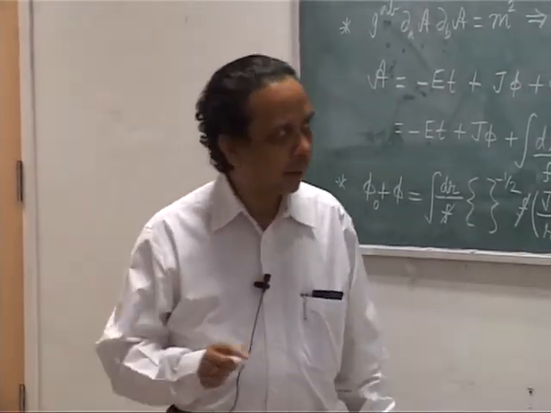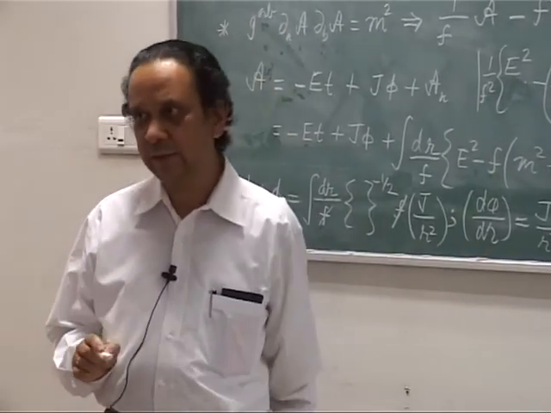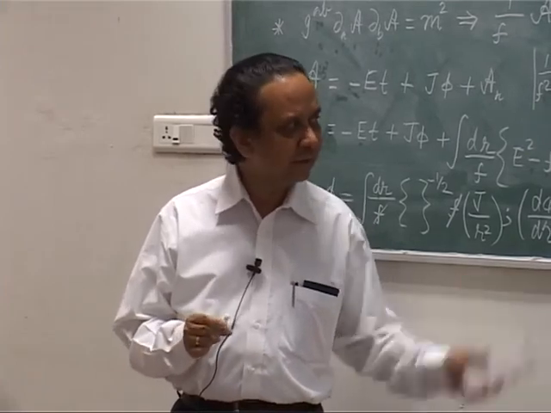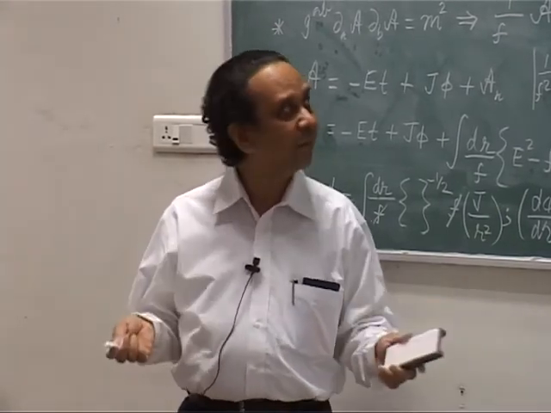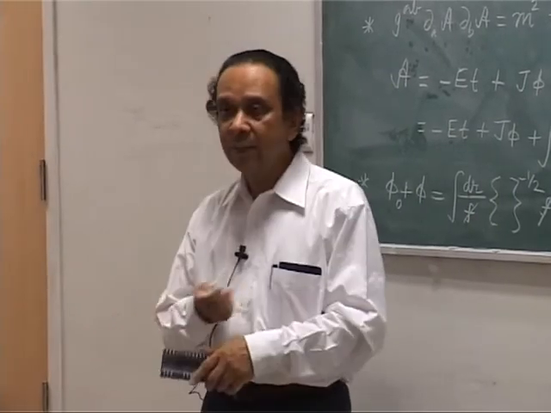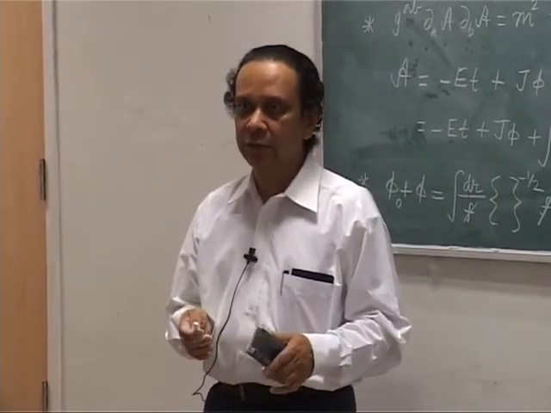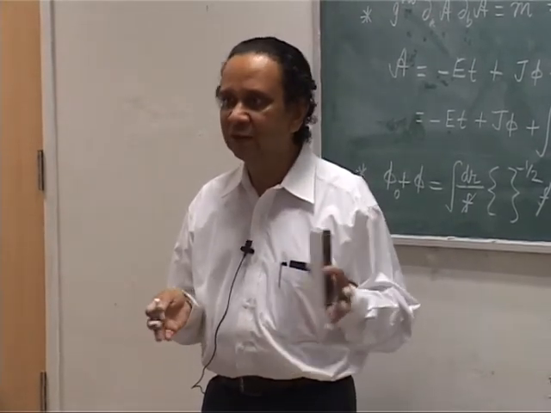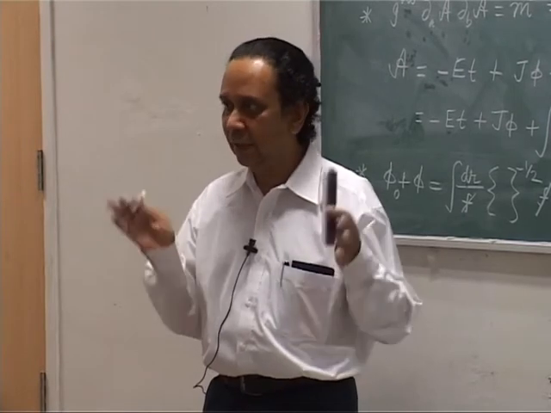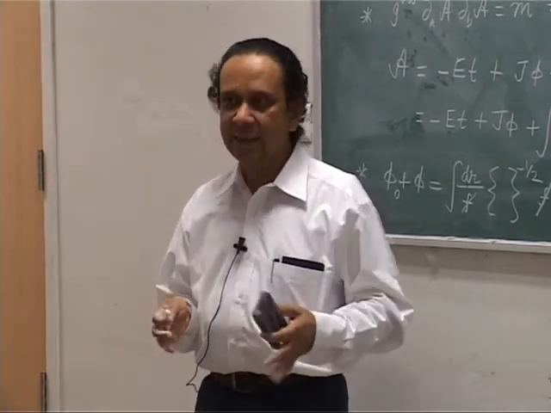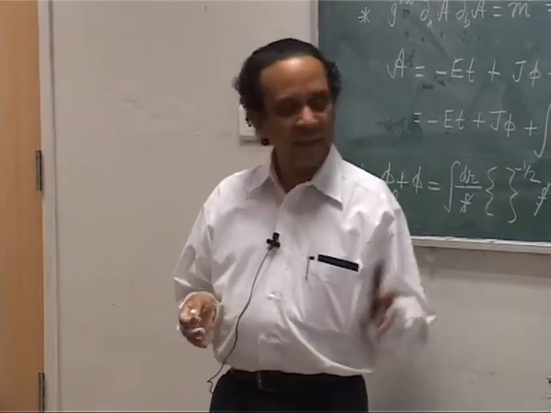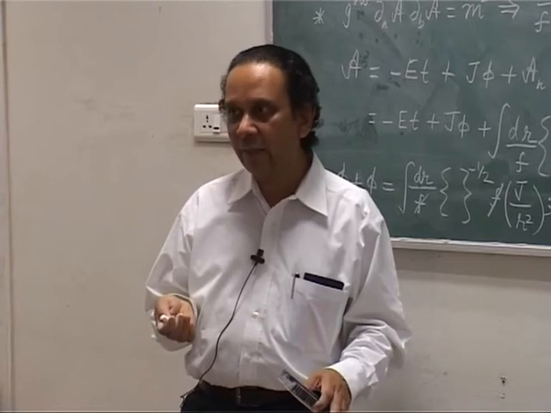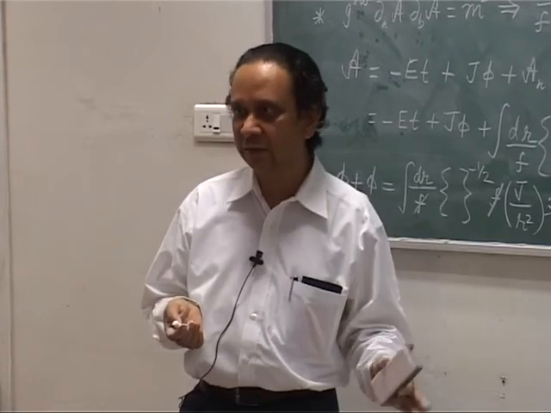Now, I want to derive these two equations from a slightly different perspective. In this way of doing it, I started with the Hamilton-Jacobi equation. This is the most economical, most efficient way of getting the equation, but it does not tell you what is going on. How do these equations emerge? The Hamilton-Jacobi hides that whole thing, and that is the price you pay for the power. But in this particular case, you can actually do this with conservation laws. So I want to spend a little bit of time explaining this whole thing using conservation laws itself.